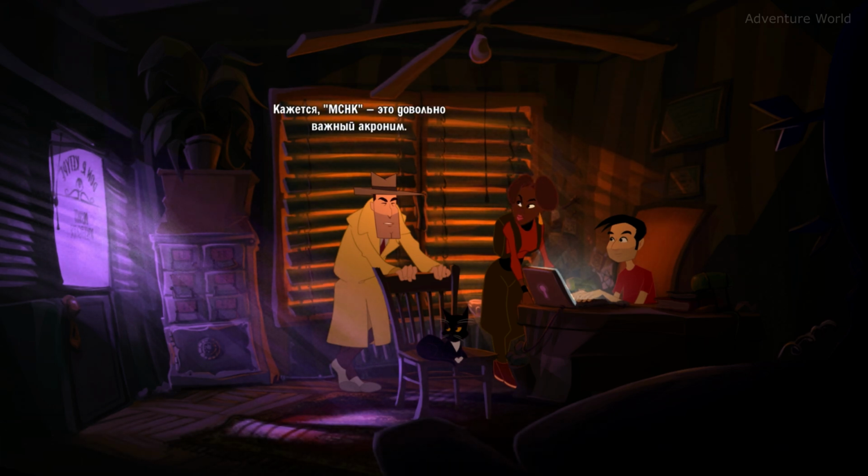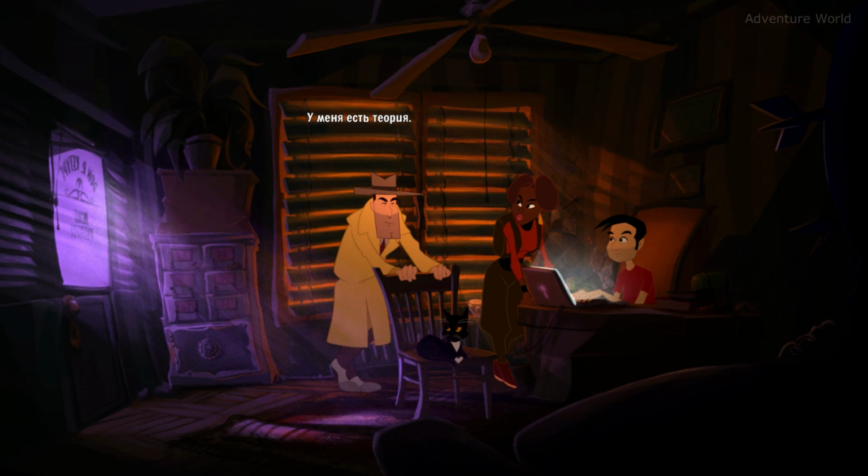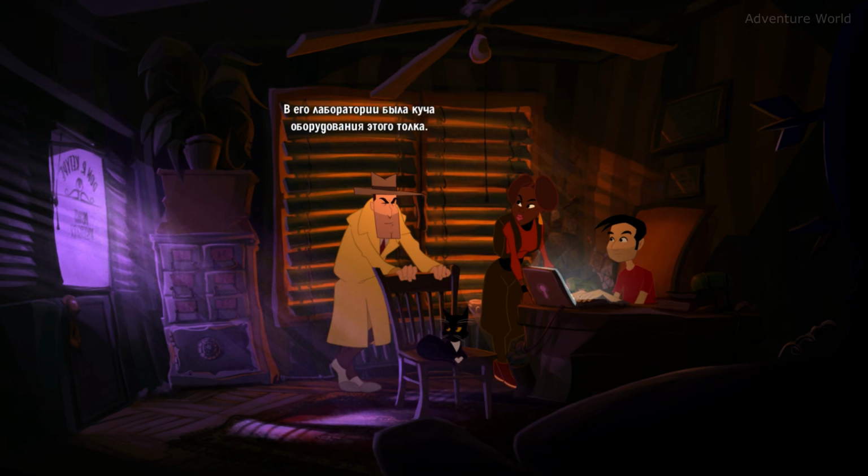MCHK seemed to be an important acronym. What's that about? I've got a theory. MC might stand for mind control. There was all kind of brain-related imagery in his lab. How else do you control a huge sea creature? As for HK...